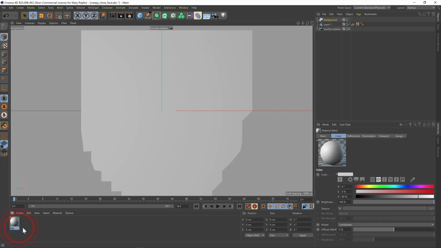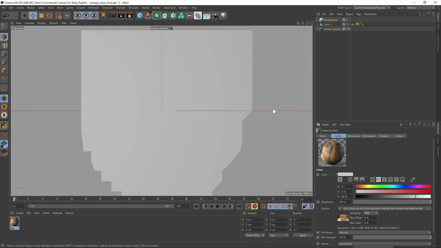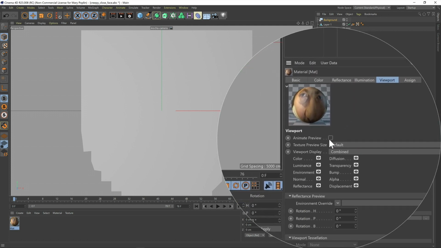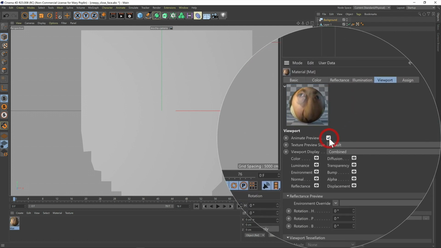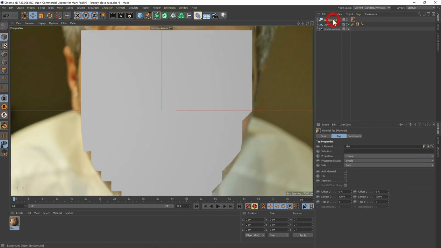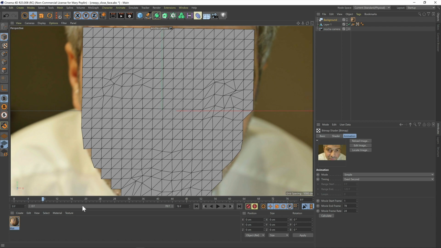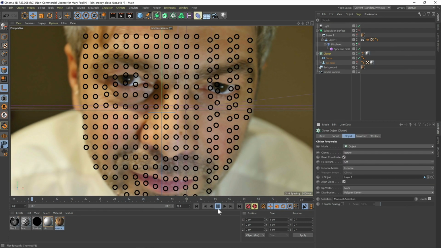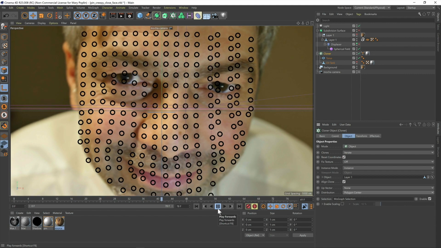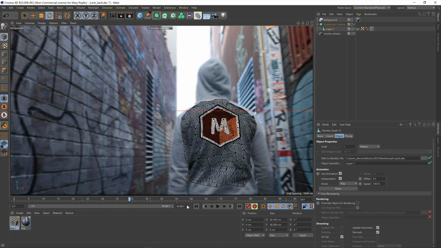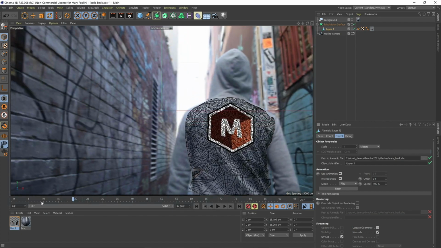Then, in the Materials panel, create a new basic material and import your source footage as a texture. In the viewport options for the material, make sure that the Animate Preview option is turned on so you can see the moving footage in the viewport, and then drag the material to the background layer. You should now see the mesh lining up with the source footage and can start creating. The tracked vertices can be used to drive various effects, and the UV tags embedded into the mesh means applying textures will match the movement as expected.